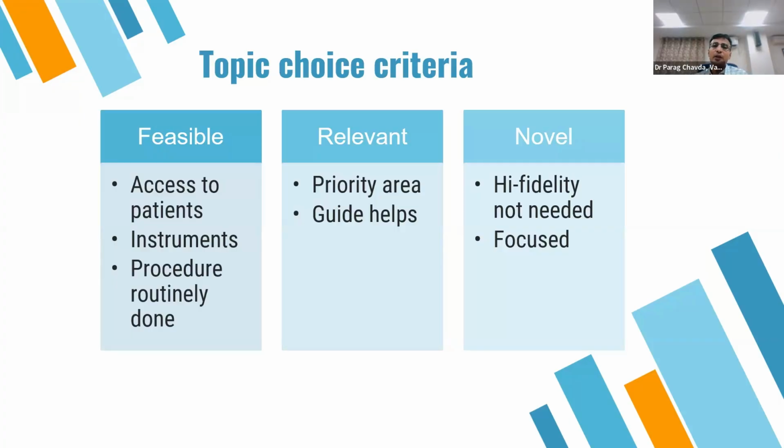So students are always under pressure of finding out something new. So I would tell them, it does not need to be a very hi-fi topic as such. What it needs to be is focused, right? So previous examples were all such examples of being focused as to what specific disease you are interested in. Within that, what particular aspect are you interested in, or a patient subpopulation. So if your topic is very focused and narrow, probably more chances of getting selected, right? So a focused topic on a priority area is a short ticket to ICMR STS selection.